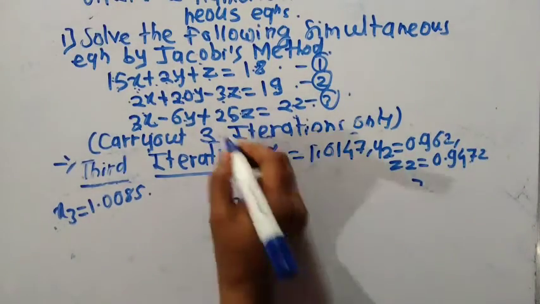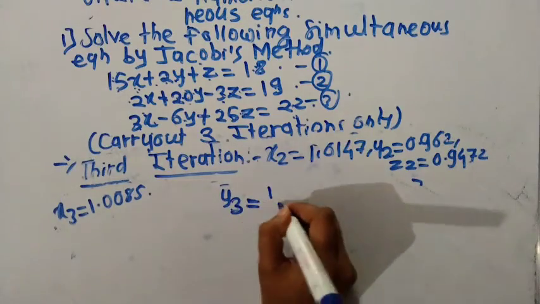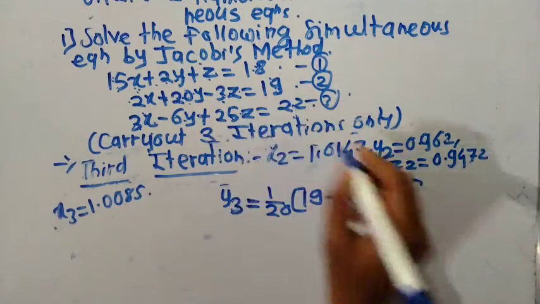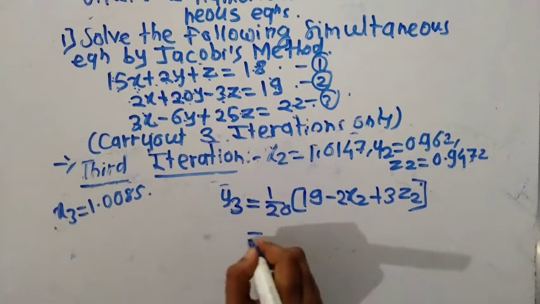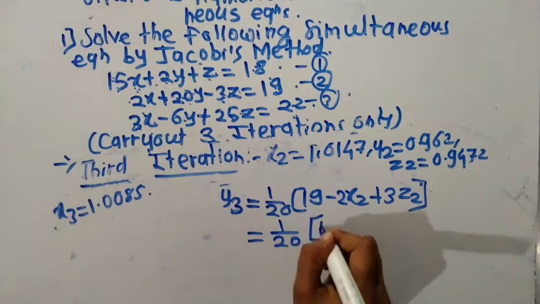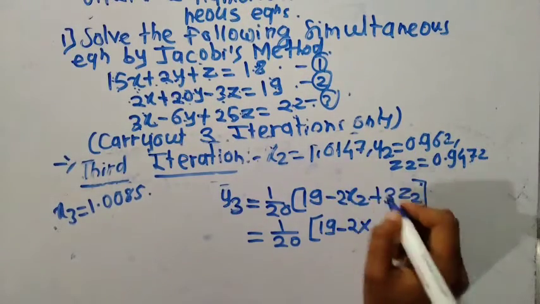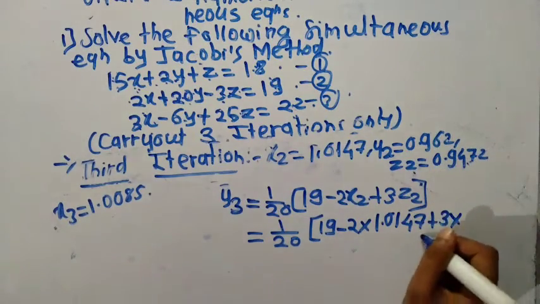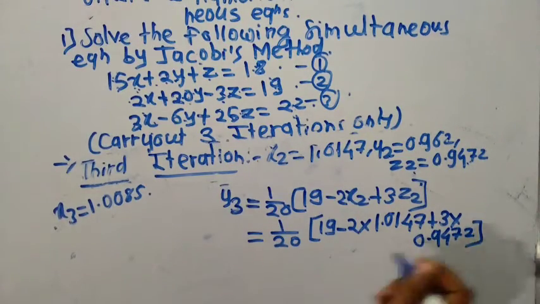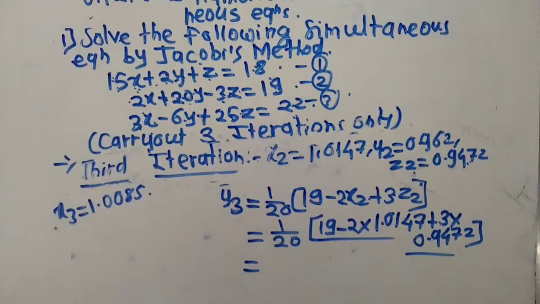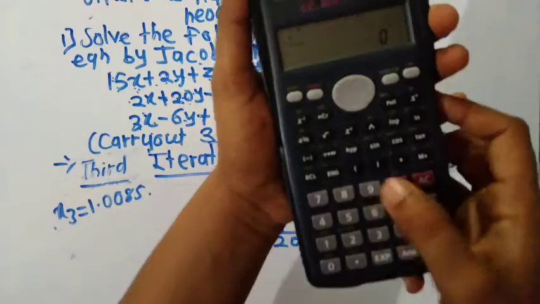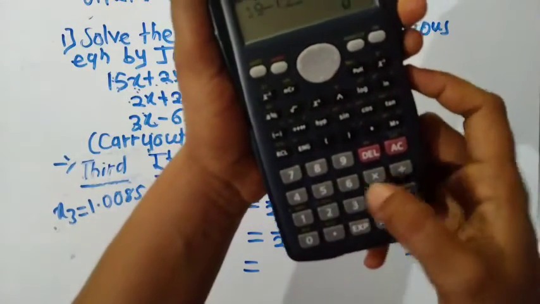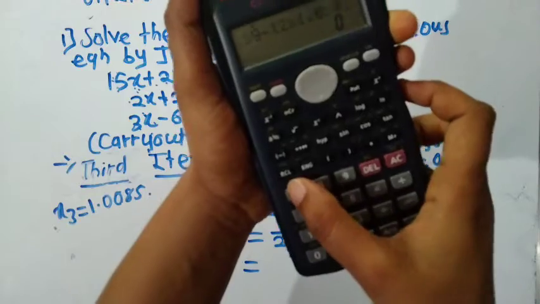y3. For y3, 1 divided by 20, (90 minus 2x2 plus 3z2), which is equal to 1 divided by 20, (90 minus 2x2, which is 1.0147, plus 3 into z2, which is 0.9472). So find out first this value. 90 minus 2 into 1.0147